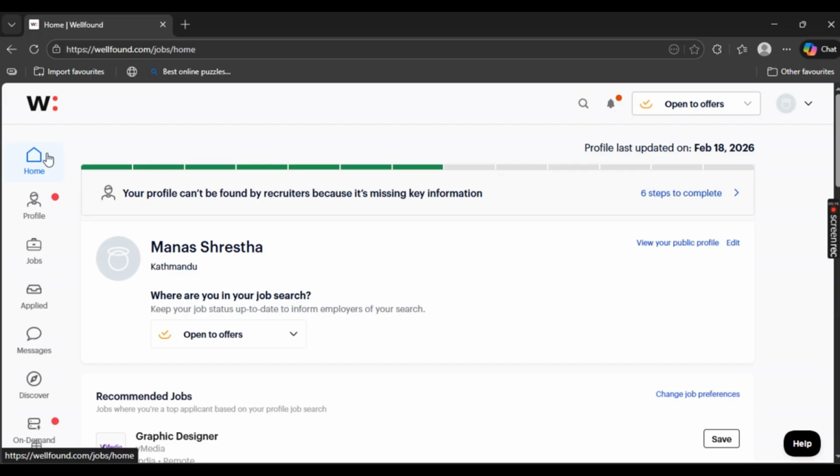First things first, you can simply open up the wellfound.com website. Once I've opened it up, you should be under this interface right here. Now make sure you are logged in as well. We have also created a video on how to log in, so make sure to watch it. Once I've logged in, you should be under this interface right here, and now you should be under home